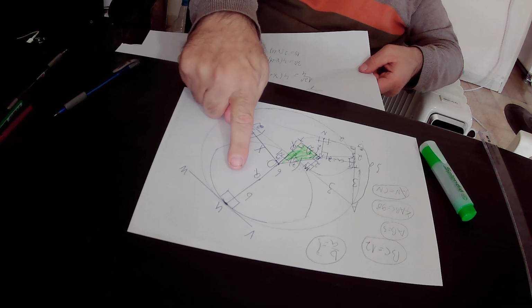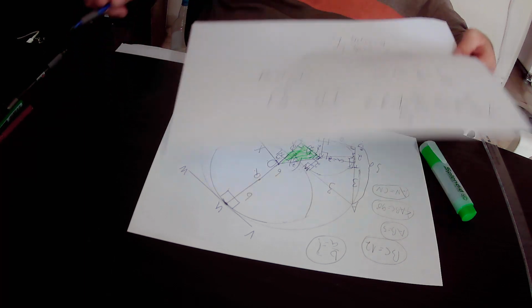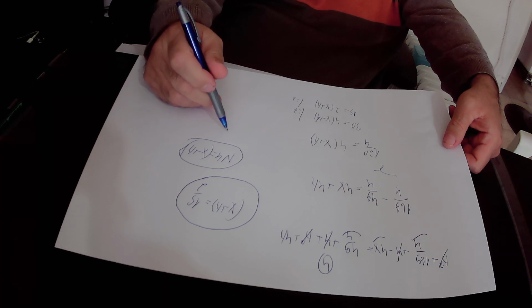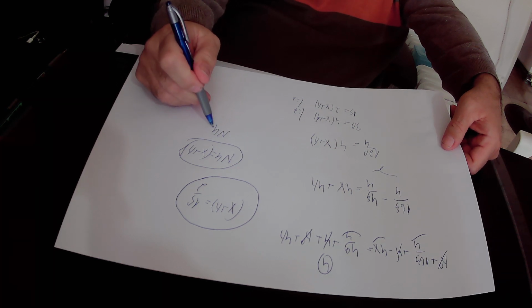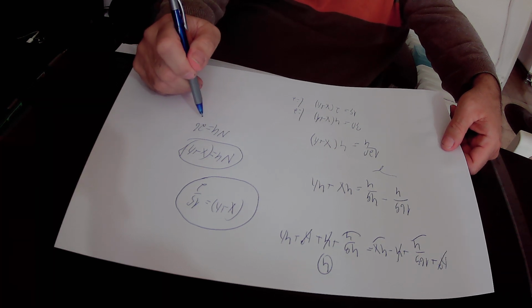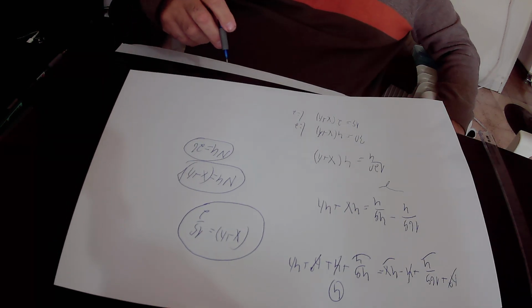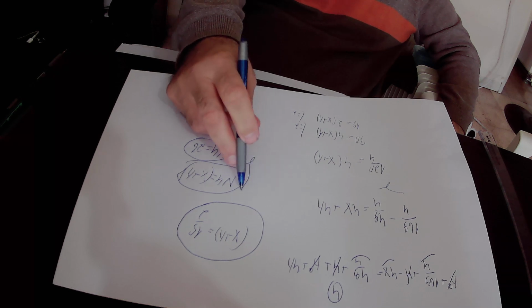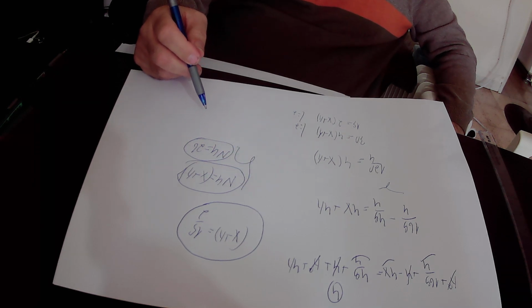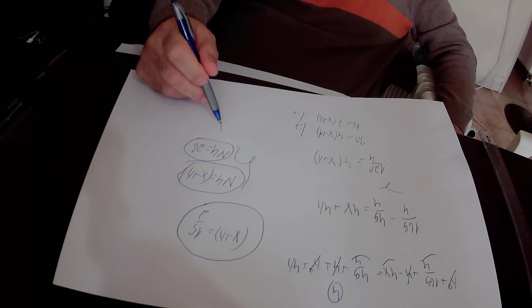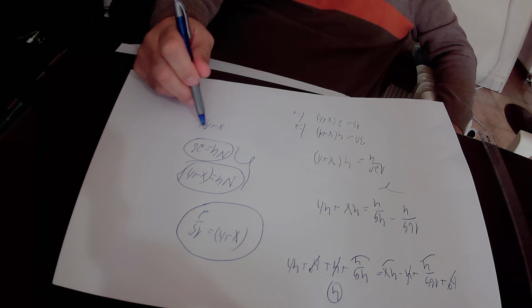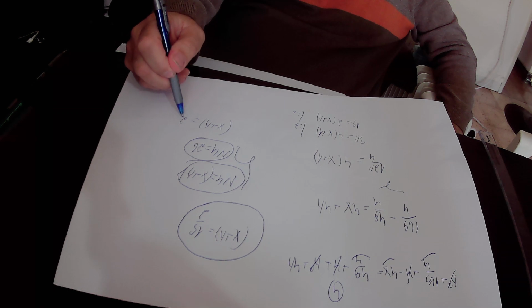NU is b plus b, that is 2b. So NU from the other side is equal to 2b. So from this equation, we derive that x plus h equals 2b,